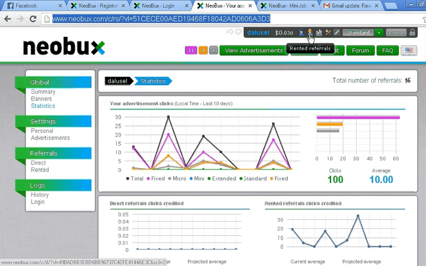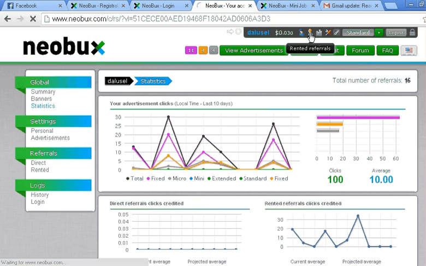And here you have rental referrals. Rental referral is whenever you have enough amount in your account right here, or you can even buy from your account, and whenever they click certain advertisements, you will get paid like $0.02.